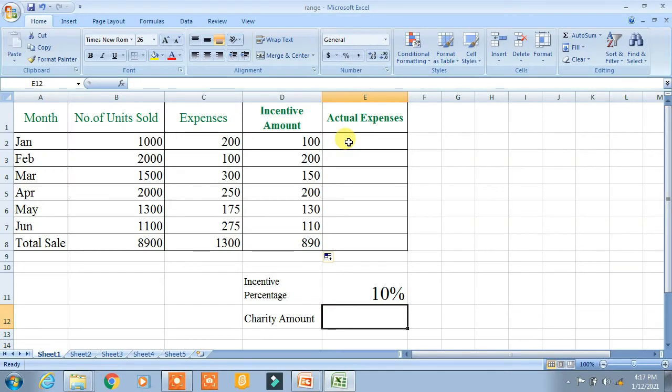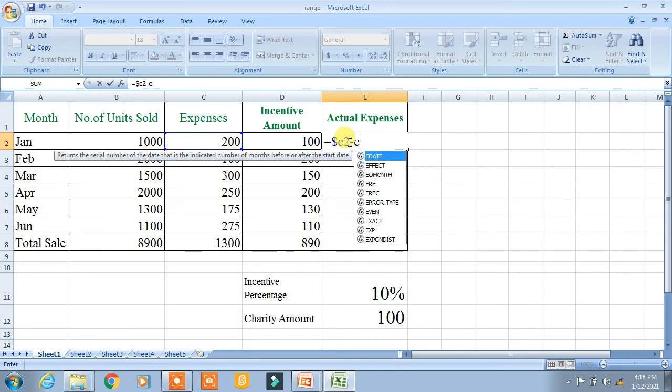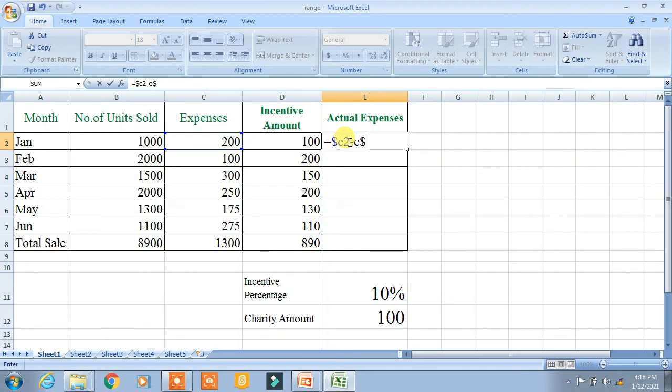Children, type 100 in the cell E12, click on the cell E2, type equal to $C2 minus E$12. Then press the enter key.